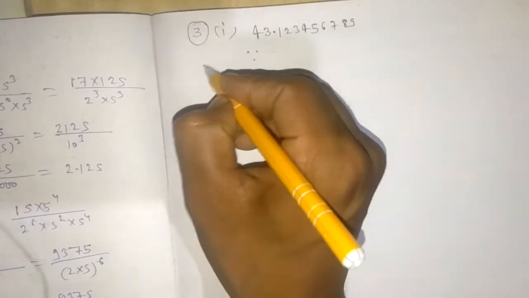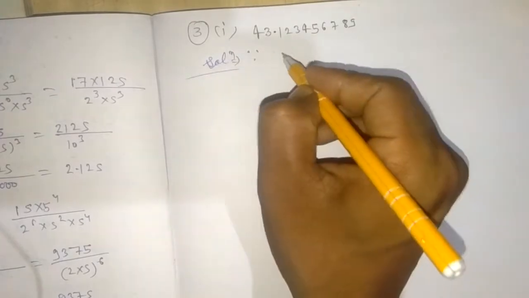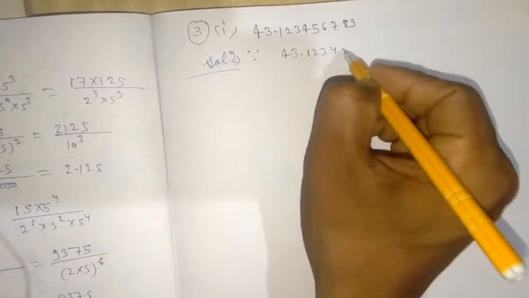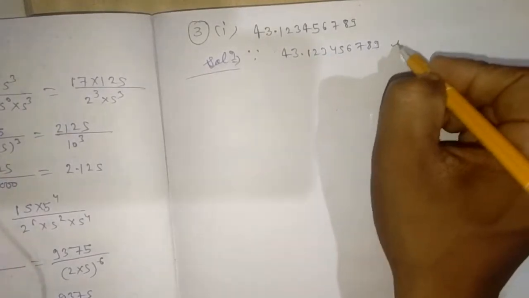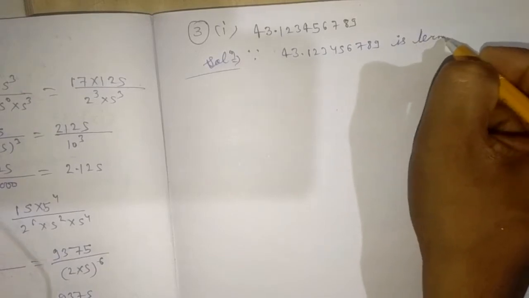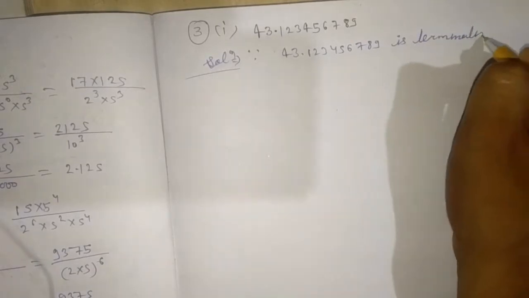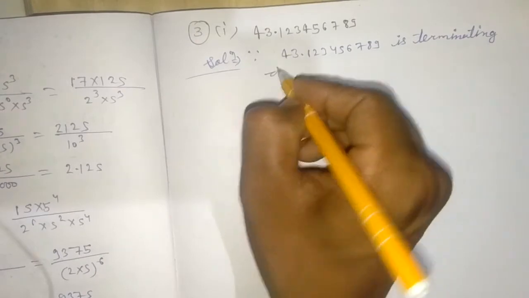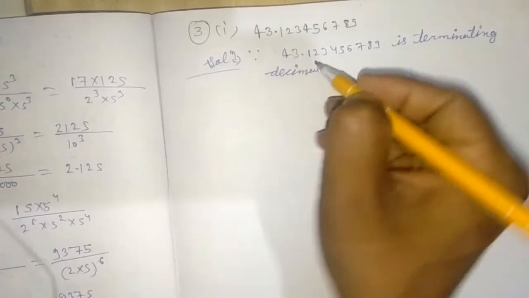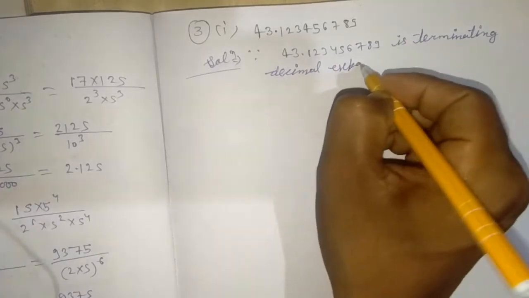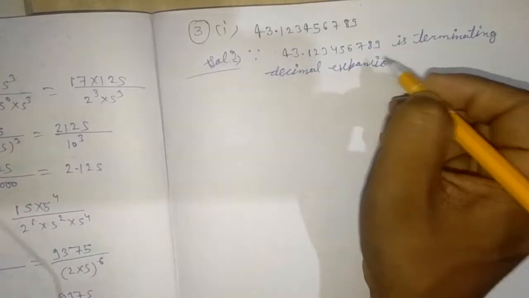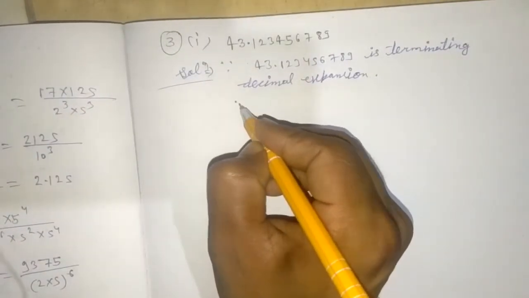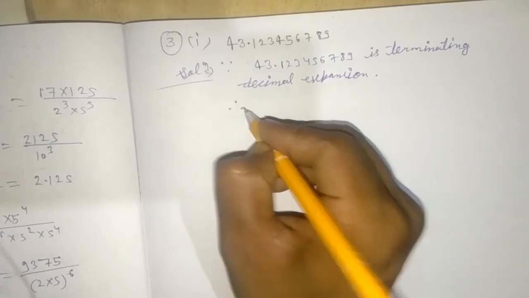Since 43.123456789 is a terminating decimal expansion, therefore